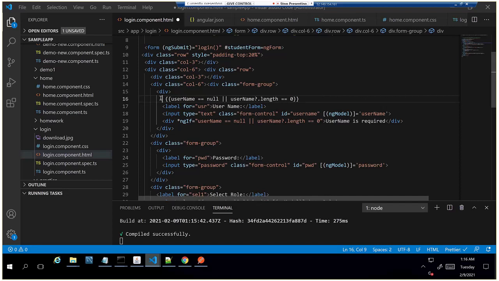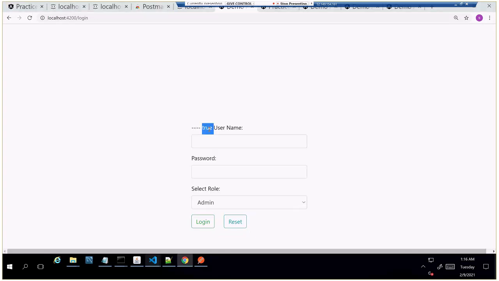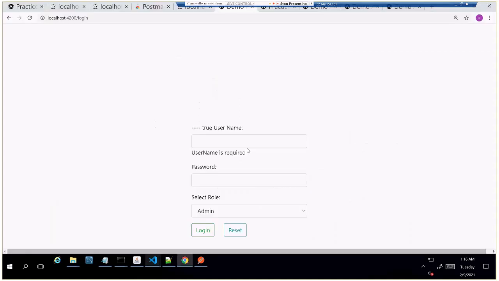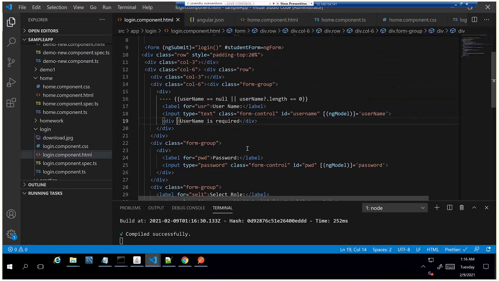I'm just checking whether the condition is true or not. If username equals true, then it is true, and it should print this line. I'll remove this, because by default this will be displayed if the condition is true. Username is required.